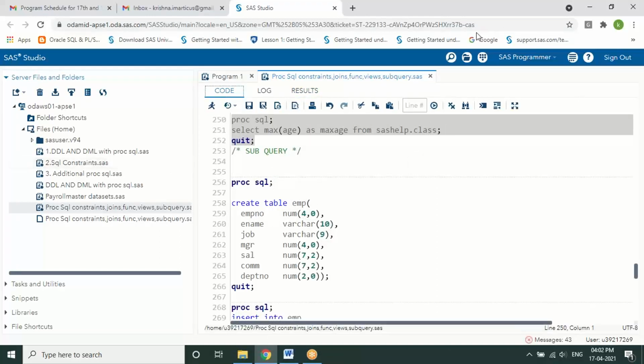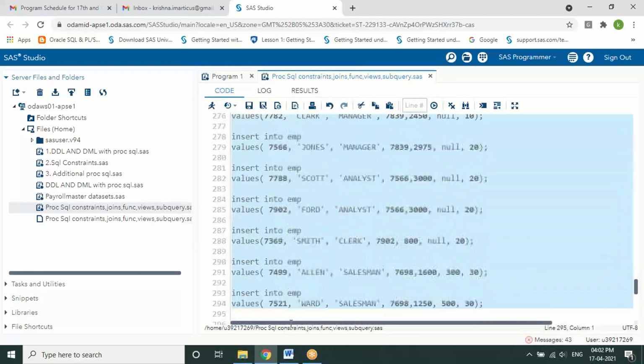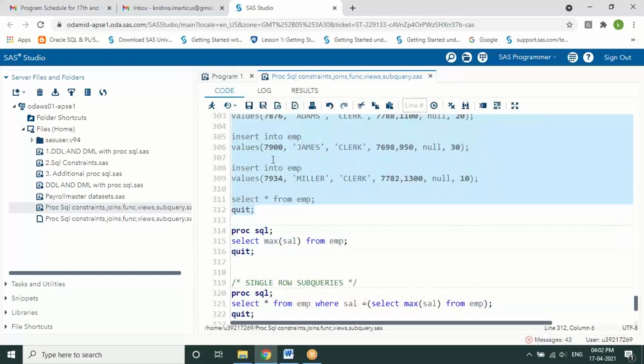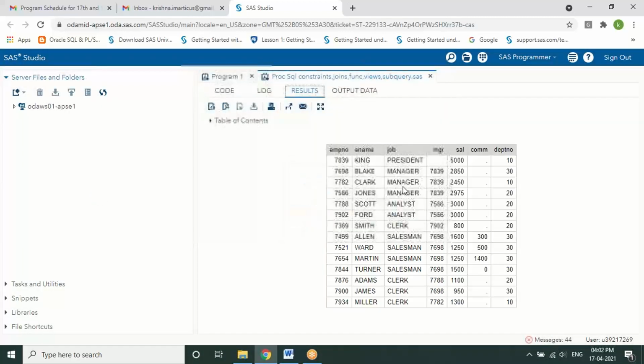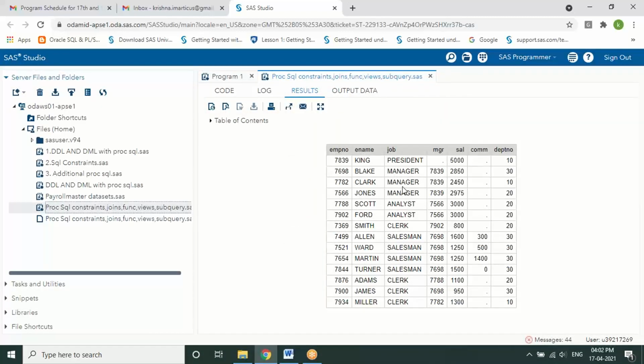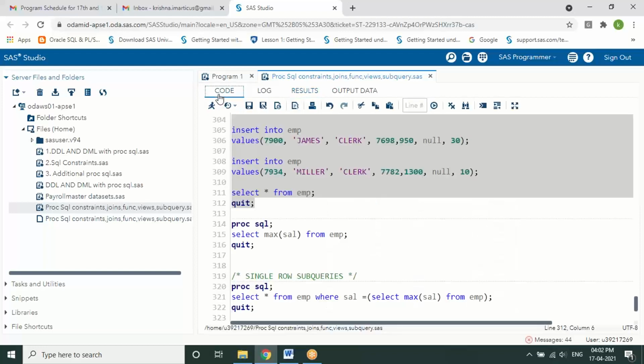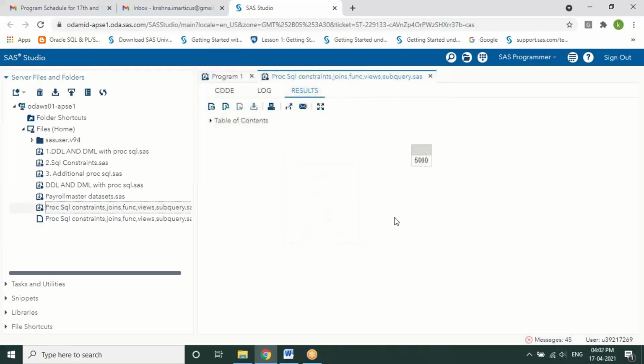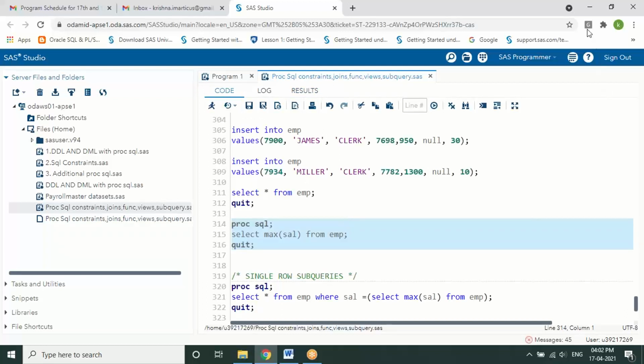To make it simpler, I've taken one more table called the employee table, where you can create this table with some values. I'm going to create this table called employee, which has some values. And what is the maximum salary from this employee table? The same example I showed on the other table. Which employee has the maximum salary on this table?